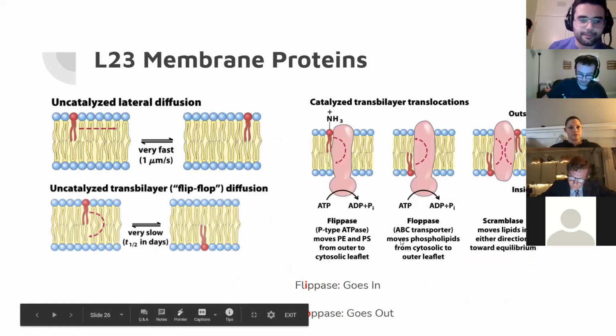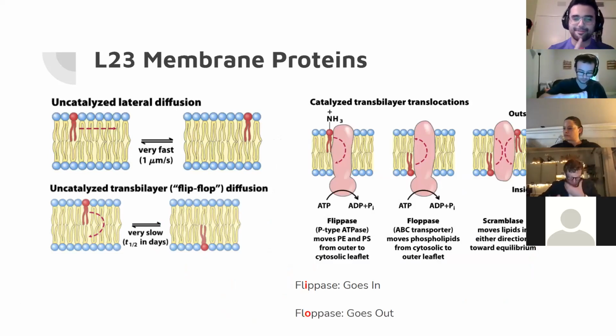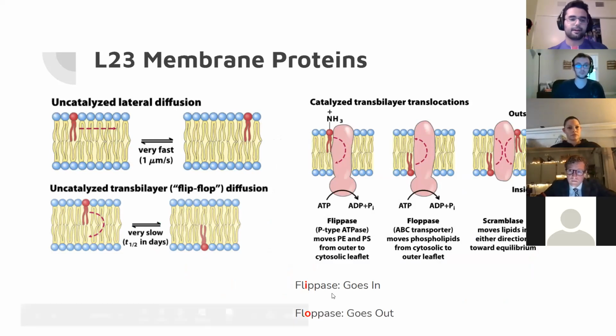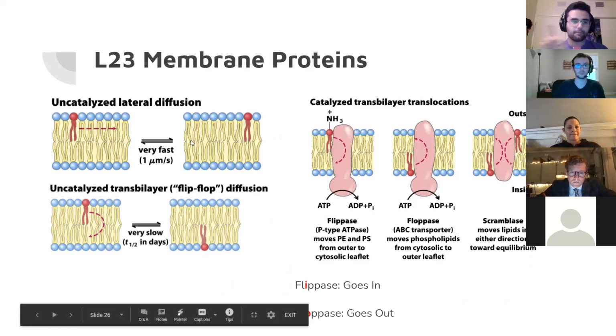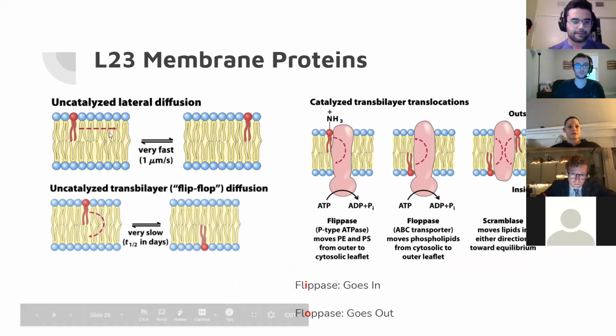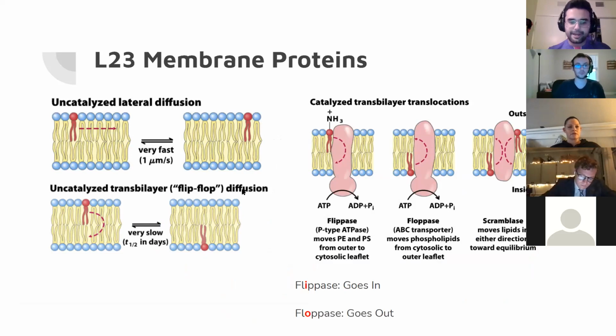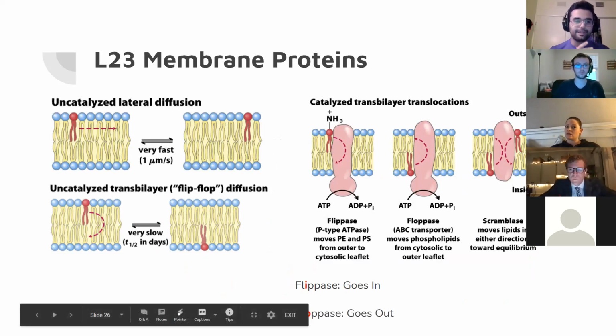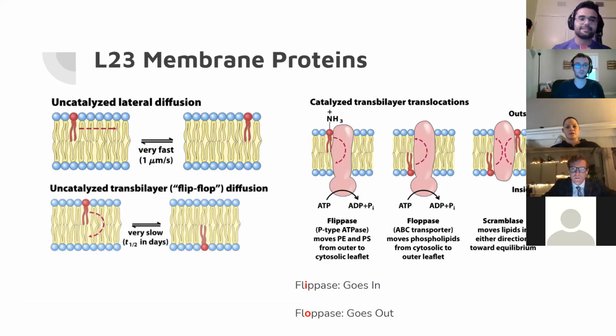There is going to be a very important question that's going to come up, and I swear to you, the professor always asks this one question, so I always prepare my students for it. But before I talk about this, the other big important thing is that our phospholipids in membranes can move around very easily laterally, very fast. Transbilayer is kind of harder. If we didn't have an enzyme, the half reaction of a flip-flop movement would take days, right? So we know that doesn't happen. So we know there is an enzyme that works with it.